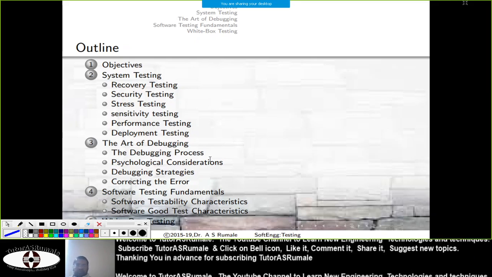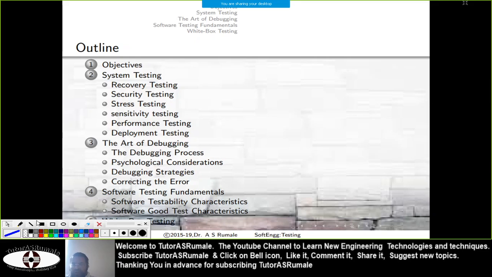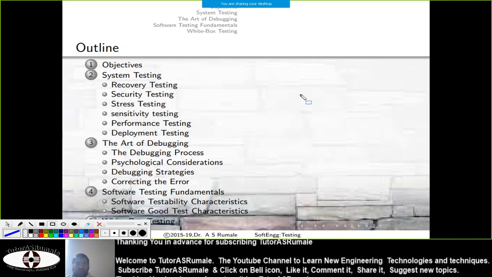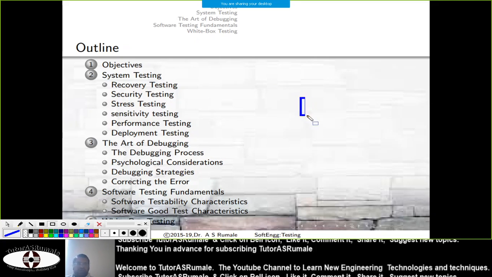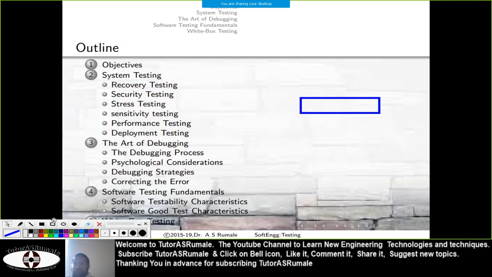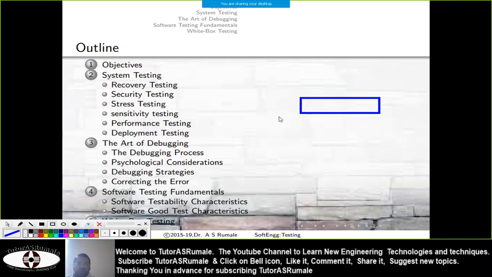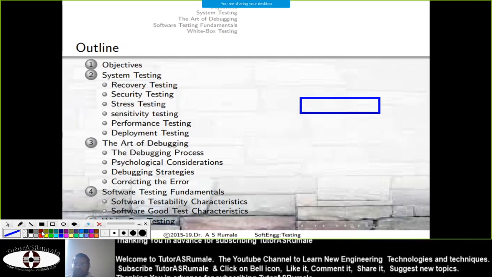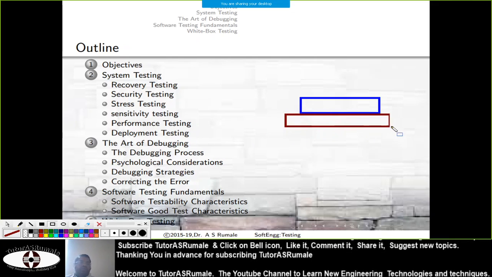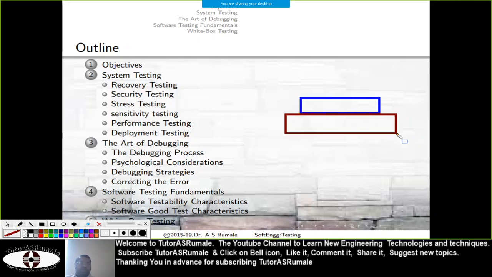Before going to the objective and other things, let's try to define what exactly we mean by a system. Here you have your software, and this software needs some other software for its execution. For example, when you write an application, it requires an operating system.